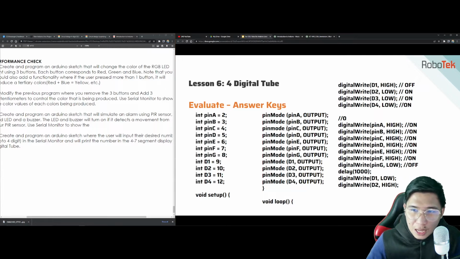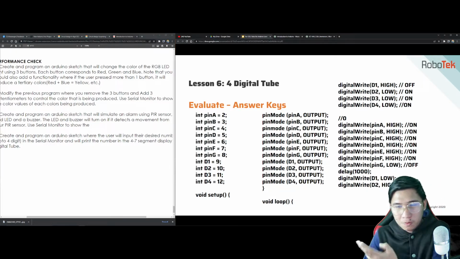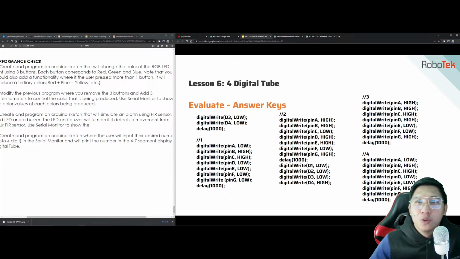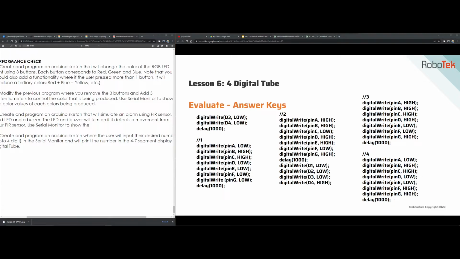Diba? Now, for void loop, this is simply the way on how you turn on and you turn off the numbers. So we have here, as of the moment, the D1 is actually off, everything is on. So basically, kung gusto mo mag-print ng 0, nandyan siya. Yan yung code natin. So pin A is high, pin G is off. Ba? Kung 1, ganun din. Parang ginawa natin dun sa mismong 7-segment display natin. So let me just